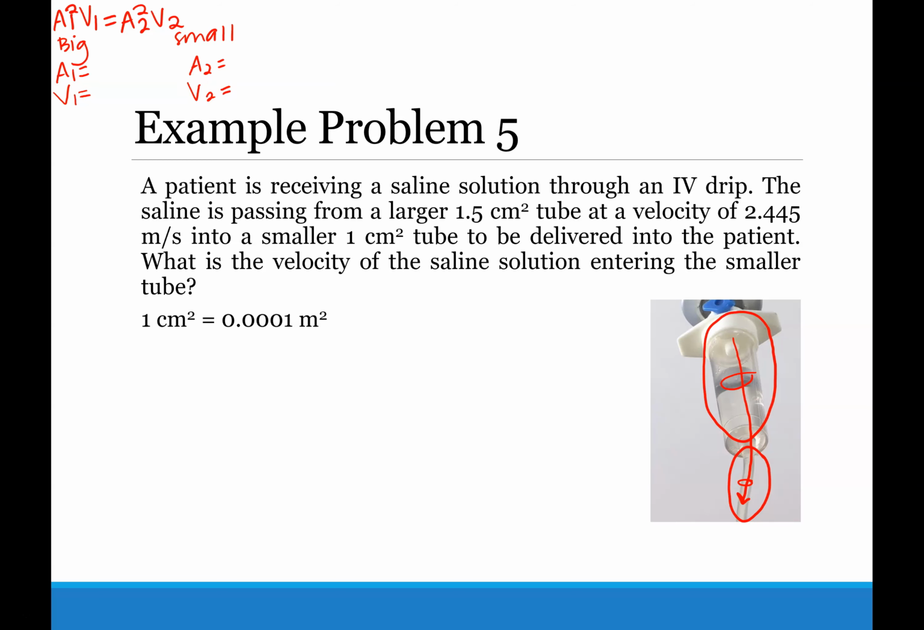So the problem reads, a patient is receiving a saline solution through IV drip. The saline is passing from a larger 1.5 centimeter squared tube. Now it's in centimeters squared, but you still see that meter squared there. So that is going to be the area for the first pipe. So 1.5 centimeters squared. At a velocity of 2.445 meters per second,